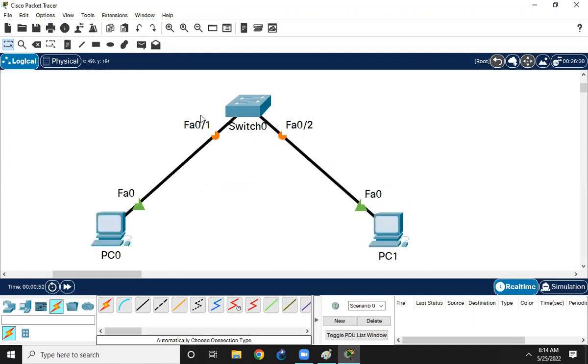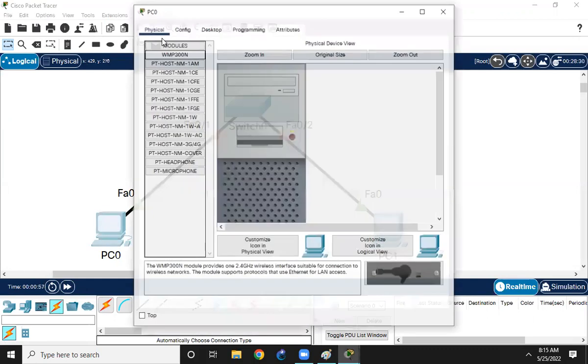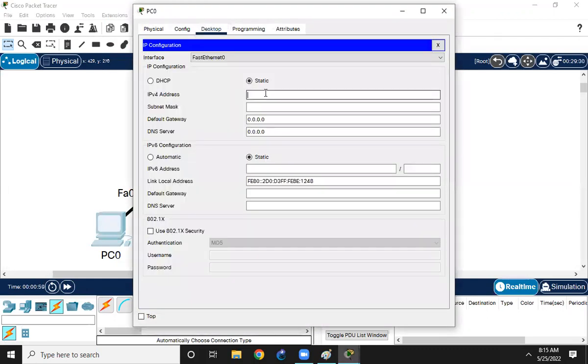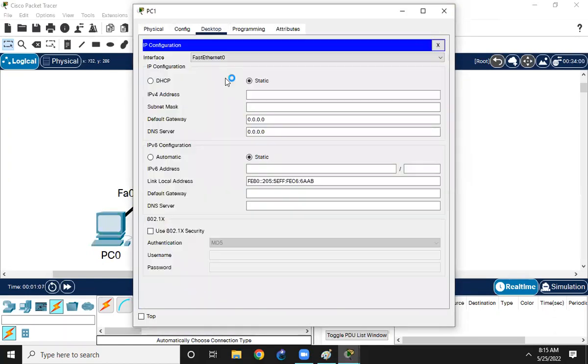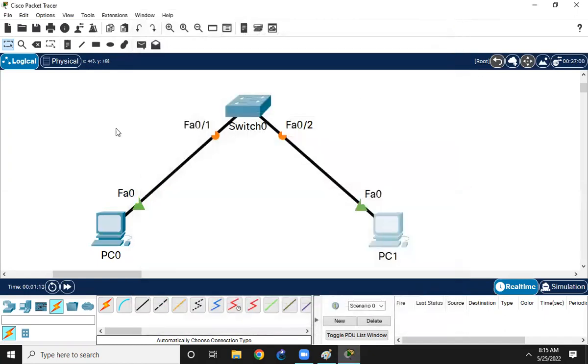Now let me tell you, here you got F0/1. In F0/1, one computer which is having, suppose, the IP 10.0.0.1, suppose it's /8, and here let us give the IP, say 10.0.0.2/8. Okay, now let me again tell you, so these computers will communicate with each other, and you guys know